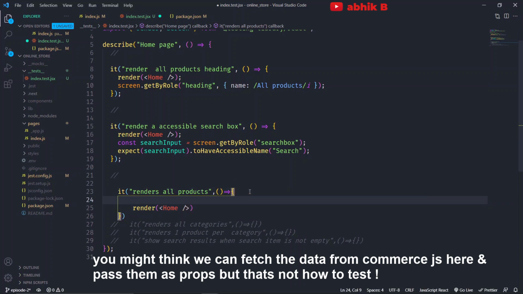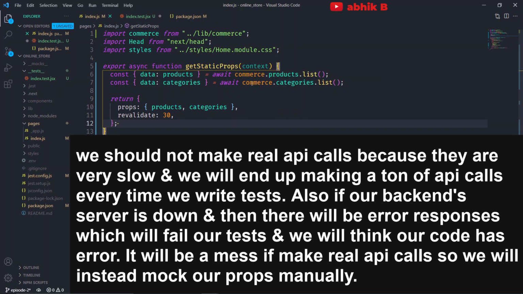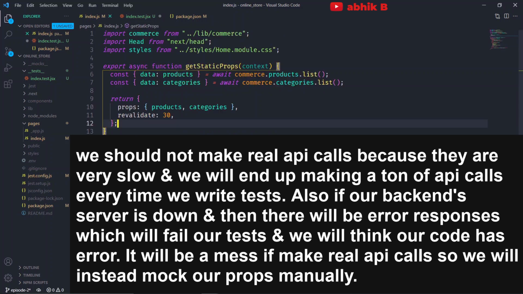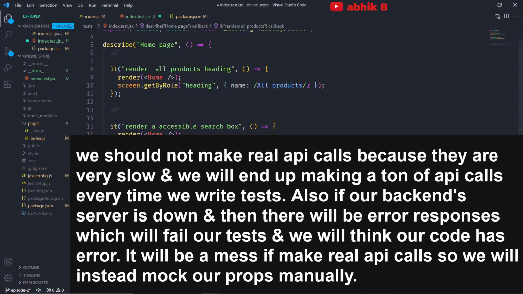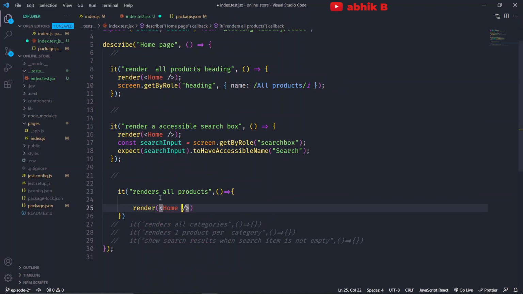But that is kind of an anti-pattern, because while testing we should not get the original data and pass it as props, or use original API responses, because sometimes the API might not respond correctly, or there can be a problem, and when these problems arise, our test will fail. Now our motive of testing is that when we pass some props here as some products, it should render those products, right? So if I pass here an empty array and the categories as an empty array,